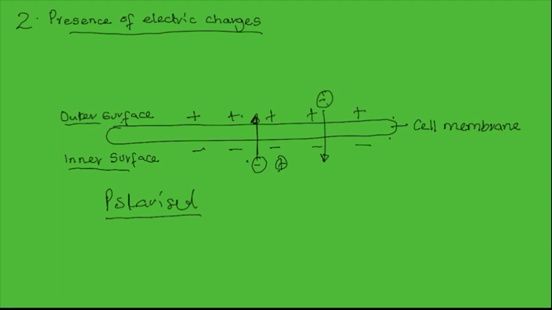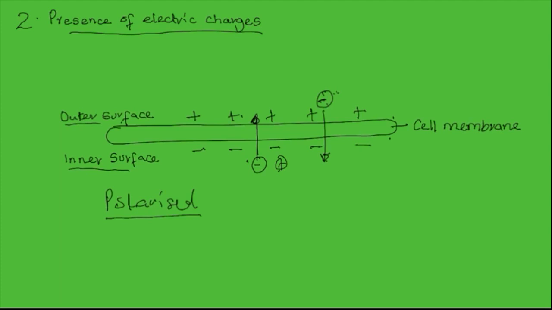So the negative charge on the inner surface will attract the negatively charged particles that will then move faster than neutral or positively charged particles into the cell membrane. And that is how electric charges affect the permeability of the cell membrane and the rate at which substances will